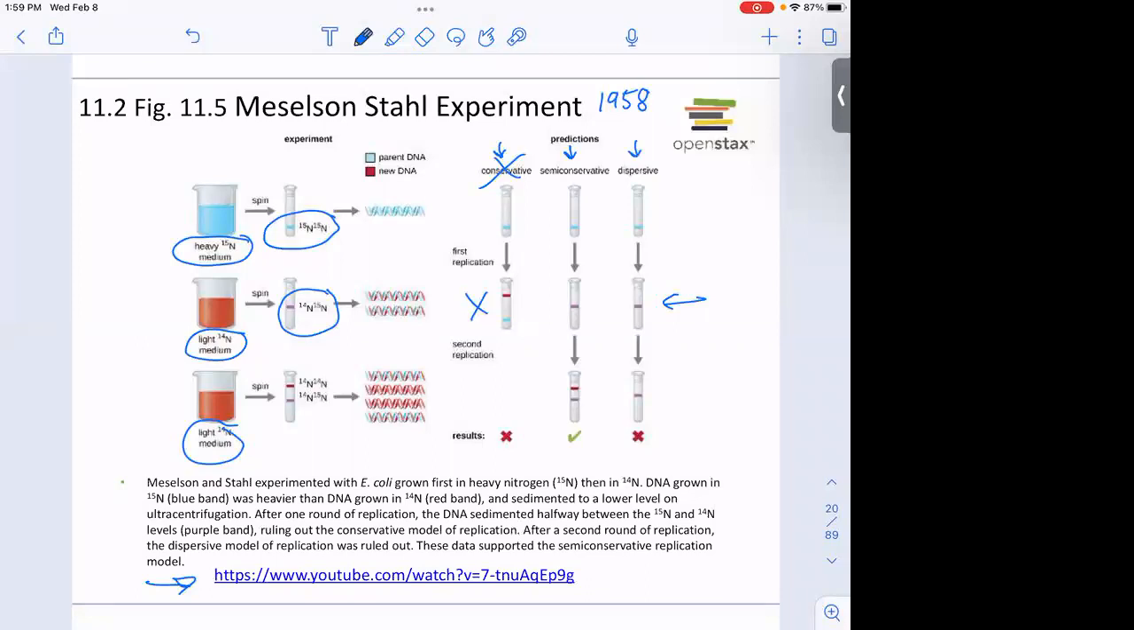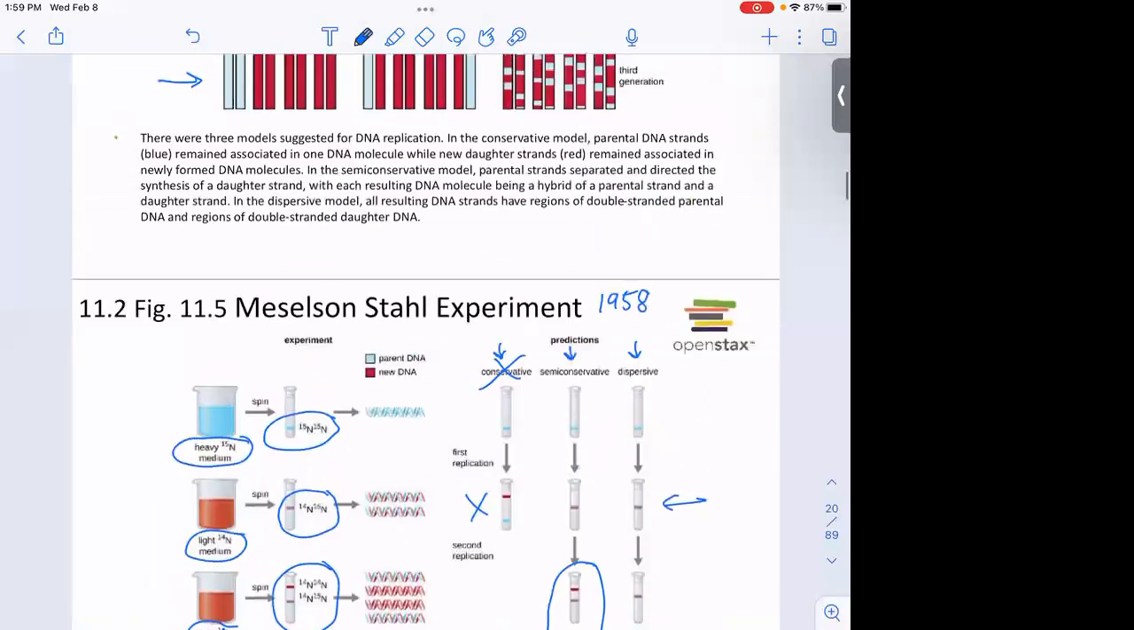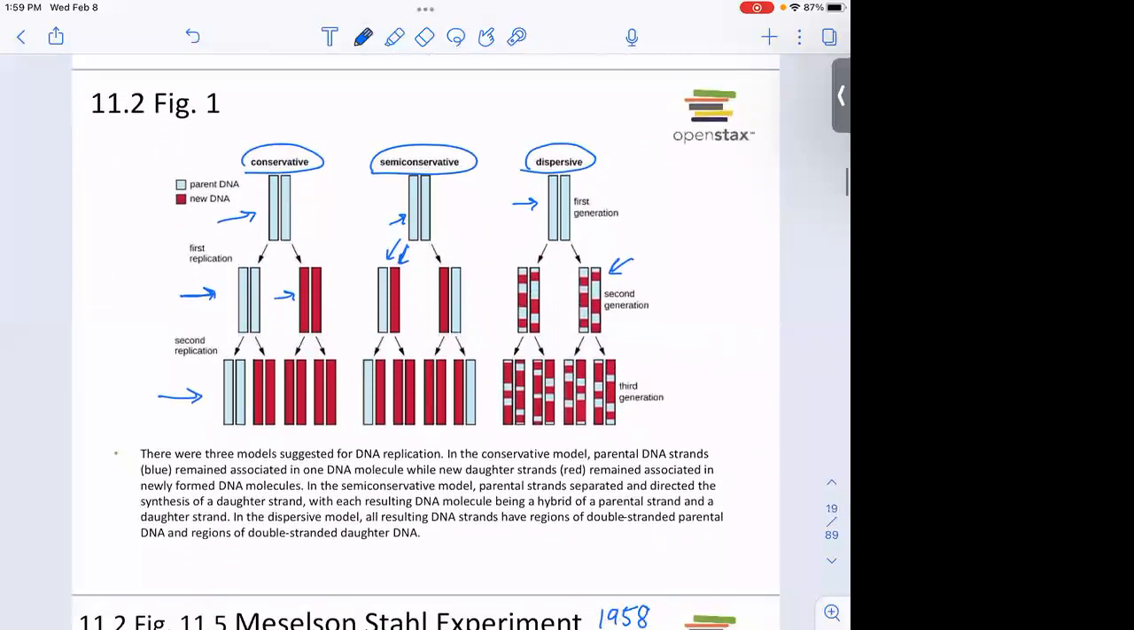And here they found two bands. So they had the hybrid band, and then new on top of that would have a lighter band, and that matched. That would be what we would expect if it was semi-conservative. And to make sense of that, you can go back to here and you would see, oh yeah, here would be a light band,